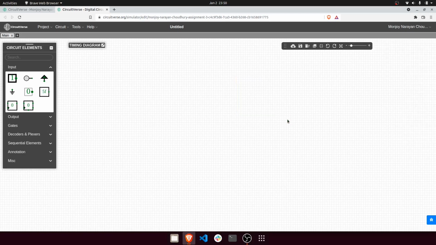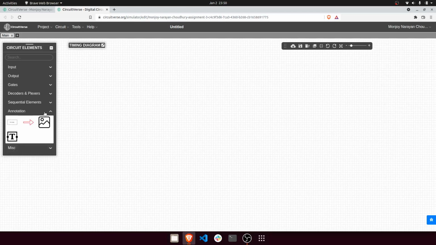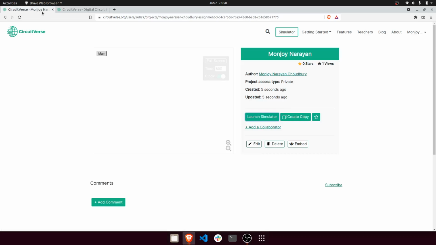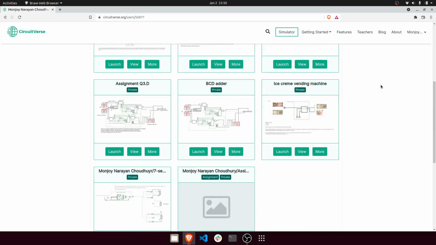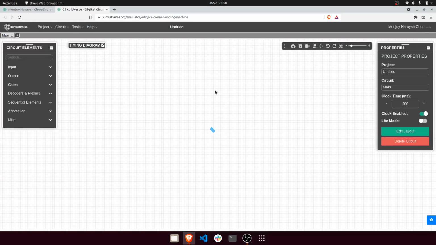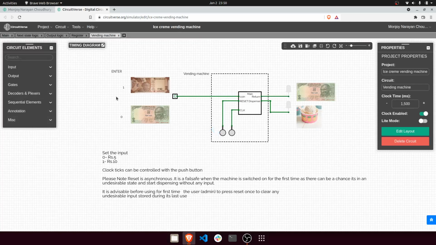So I think this is pretty much it for the introductory part of Circuitverse. Hope you're able to set it up soon. If you have any queries, feel free to DM us anytime. Before we go to your assignments, I didn't show you much about the tools. See, this is one of how you make modular circuits, right? I said you have to make modular circuits. So this is one of our assignments which we had last year.